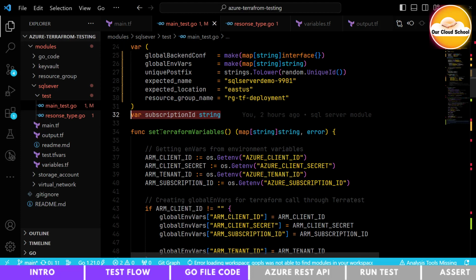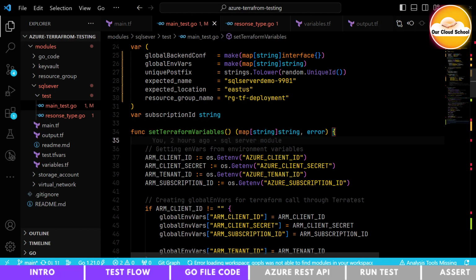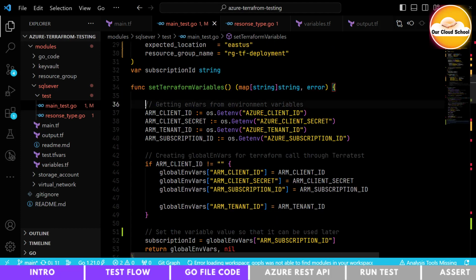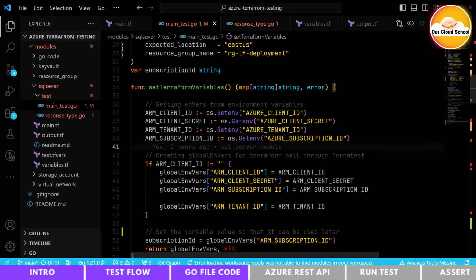Next, we have the method. So we have created a function. The function name is set Terraform variables, and this is what the variable input arguments are. It's going to be a map of string, then array. And what we are doing here is reading some of the environment variables. So which environment variables? Environment variables like Azure client ID, secret, tenant ID, subscription ID,